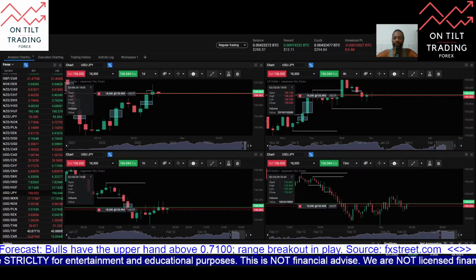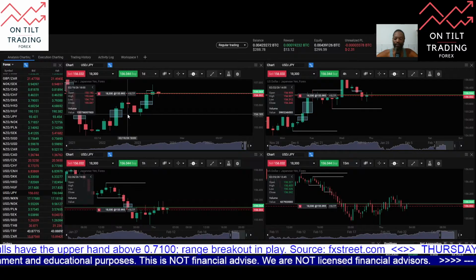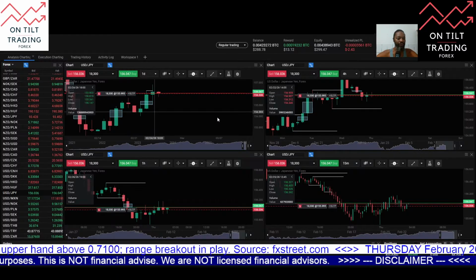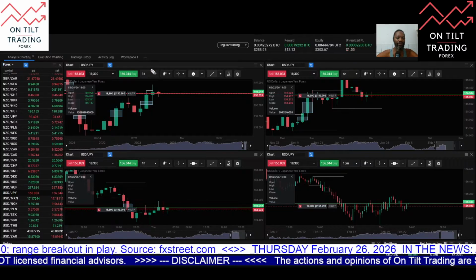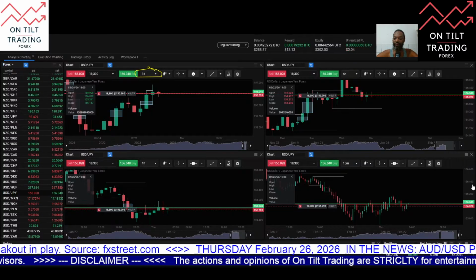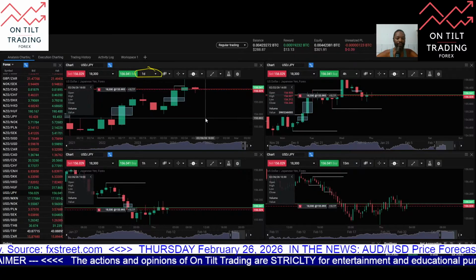I'm currently short in dollar yen and long in Bitcoin. I'll walk you through what I have trading top down, starting here in dollar yen. So here in dollar yen, starting on the daily chart,